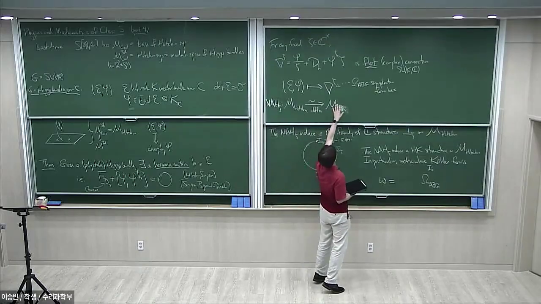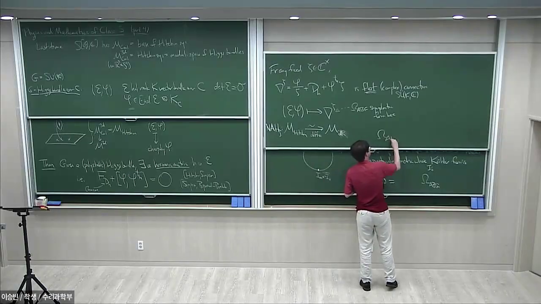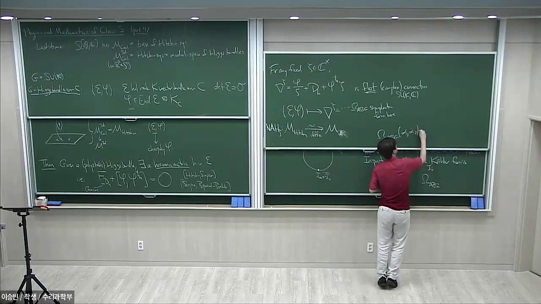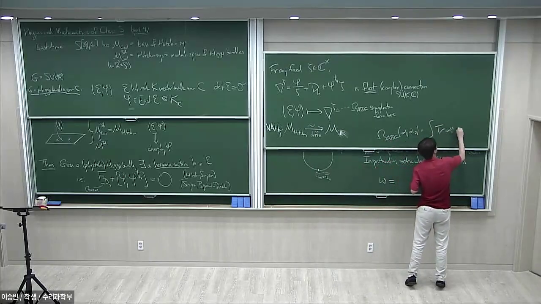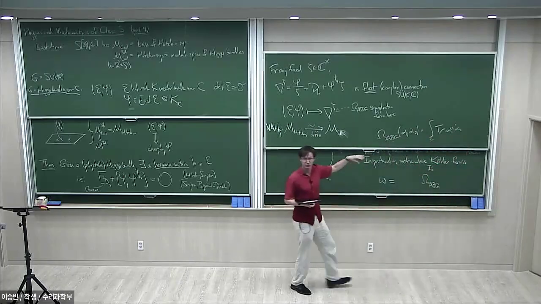We can write a formula for it: the Atiyah-Goldman form acting on two variations of a connection is just the integral of the trace of the product of those two variations. So some simple explicit formula in terms of the